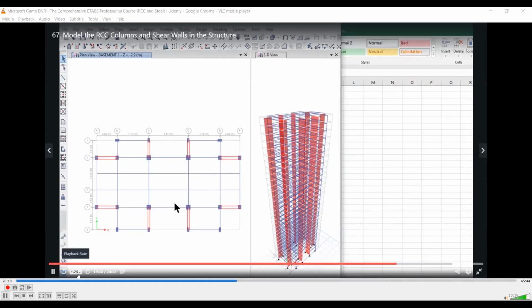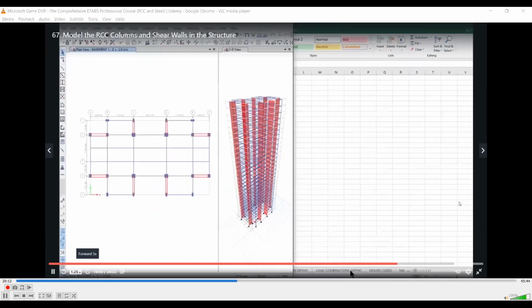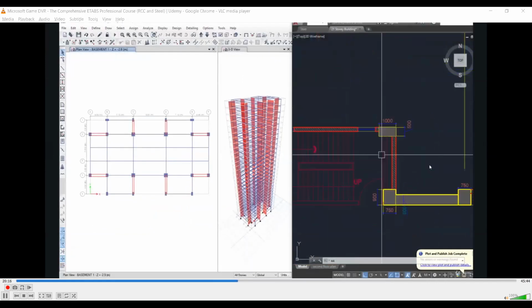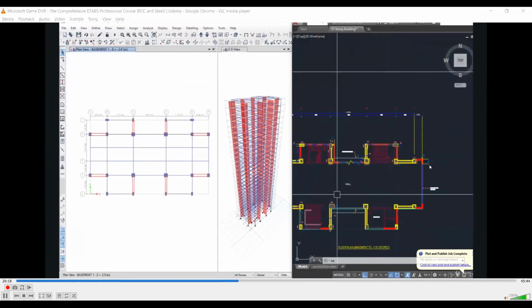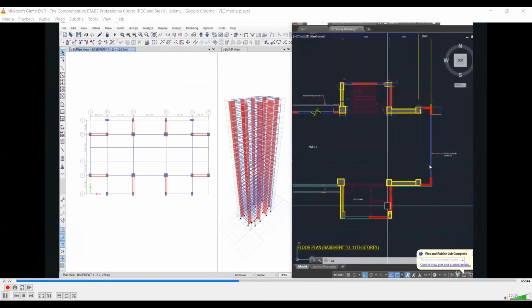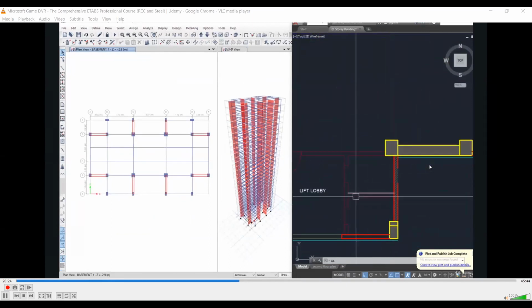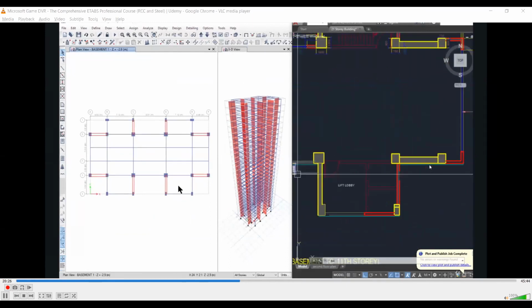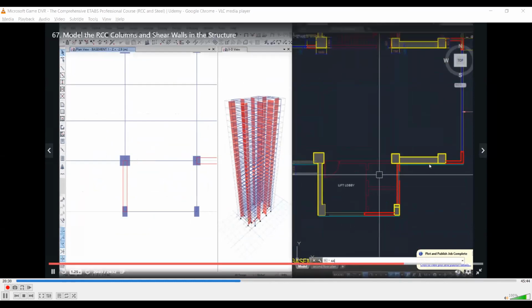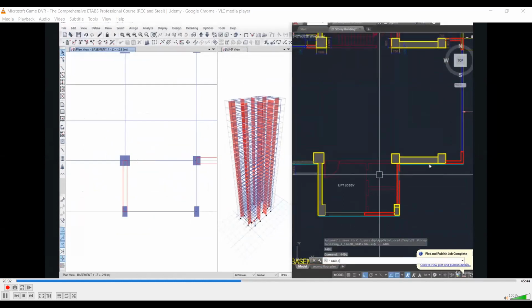After that, we need to model the slab in our structural model. Notice that this is the area for staircase and this is the area for staircase. So these two areas will be cutouts only, and this is a lift well also. So for the lift well, we need to model the beams here and here. So what we need to do here is that the dimension from this point to this point is